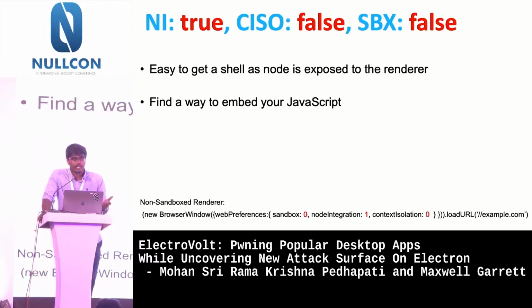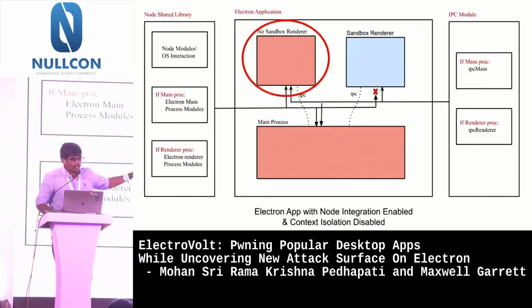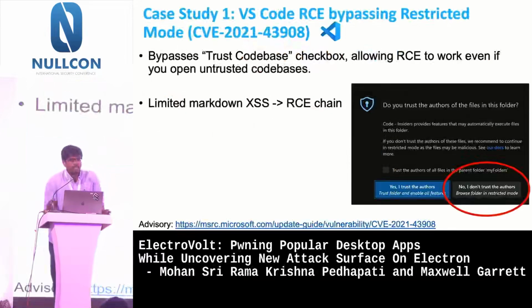We don't even need an XSS there. We just need to find a way to embed our JavaScript and get remote code execution. So this is where we are in the architecture. The red circle is showing the renderer process where it is not sandboxed, and IPC modules and node shared library is directly available. So let's see the first case study using these web preferences, which is VS Code RCE bypassing